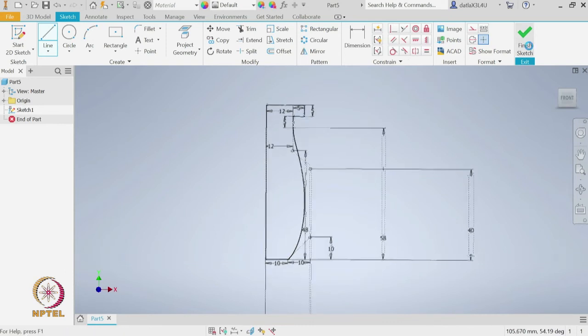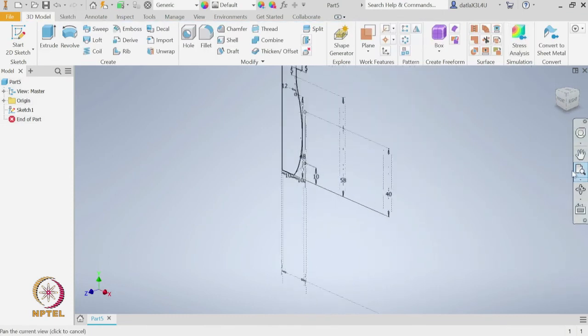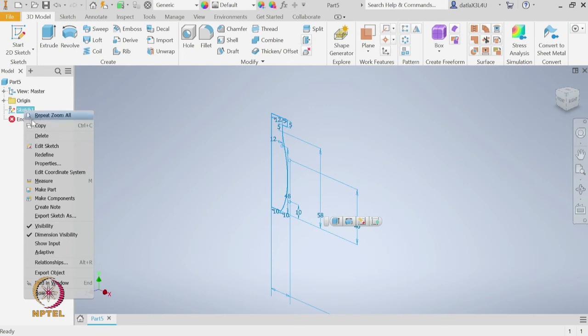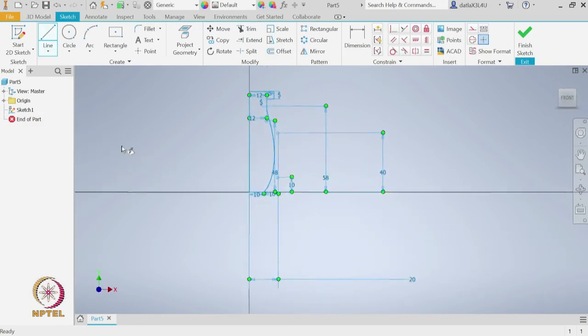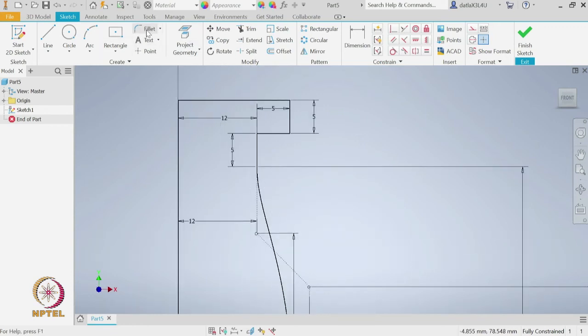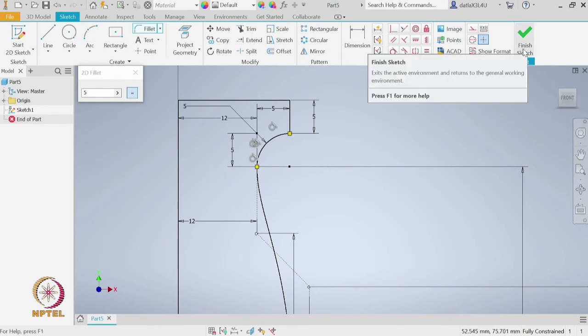So, let us finish the sketch now, but before I go to the revolve, let me edit the sketch because we forgot to do the fillet. So, edit sketch. I can select the fillet tool, specify the radius as 5 and then select the 2 edges. Okay. So, now it has created the fillet, I can finish the sketch now.